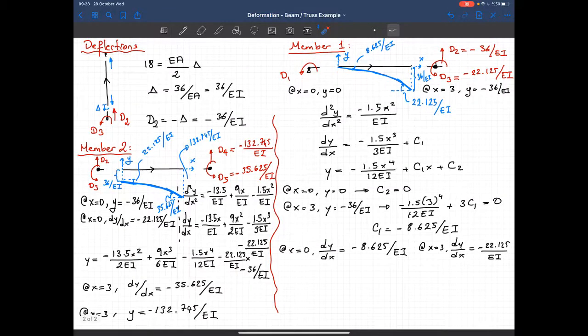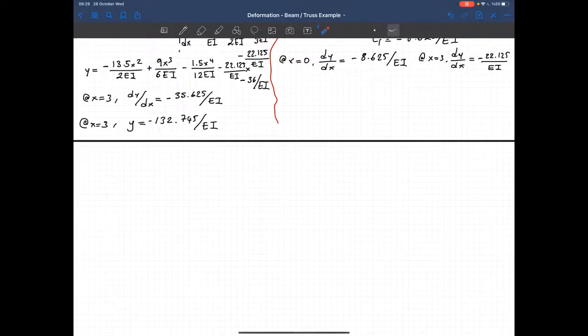Now we determine all the degrees of freedom. We know the values of all the degrees of freedom. Now let's draw the deformed shape of the whole structure. So let's do that. Let me use black. So that's the undeformed shape. That's our truss member here. Let's start from this node. What I know about this node is this rotation, and it's in the clockwise direction. And the magnitude of that rotation is 8.625